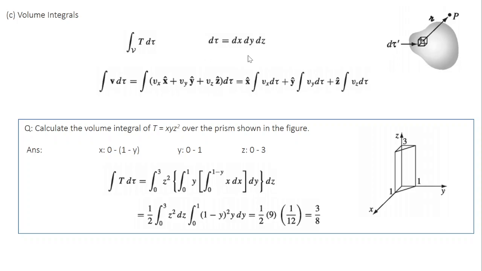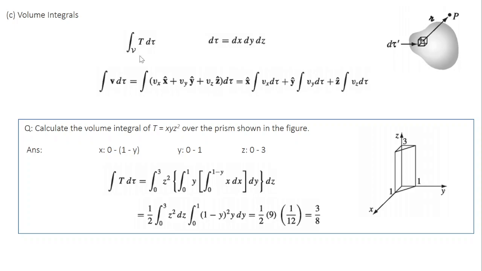Similarly, in electrostatics, you will deal with charge densities. So if you take charge density in a volume, multiply it with the volume element d tau, this gives you charge inside this small volume element. If you take the volume integral of that, it gives you the total charge in a given space. So once you calculate the total charge, you can determine the field associated with this charge at a distance r. This is given by the Coulomb's law, 1 over 4 pi epsilon naught q by r square.